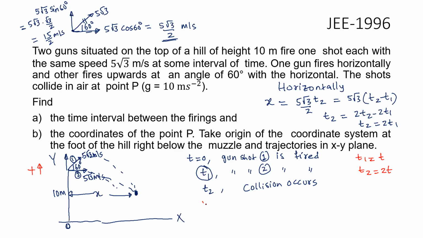Okay. Now vertically the displacement is same. So delta y for the first particle, it has initial velocity. So what is the initial velocity? 15 by 2. And then how long is the first particle in the air? It is in the air for 2t seconds, and then plus half at square. Okay, so acceleration is minus 10, and then again it is in the air for 2t seconds, so 2t whole square. Now this is for particle, or let's say gunshot 1.